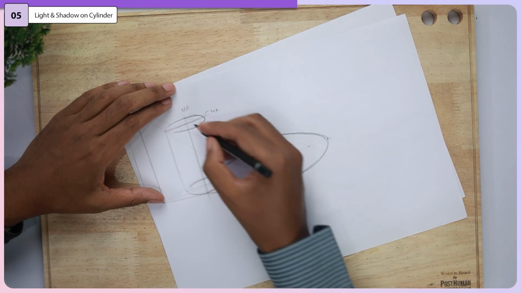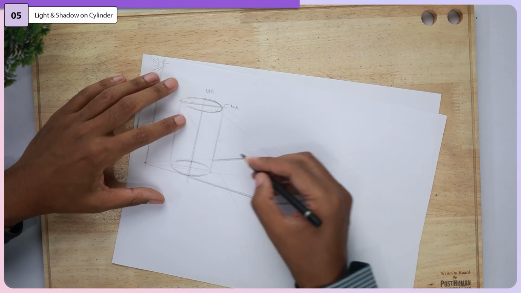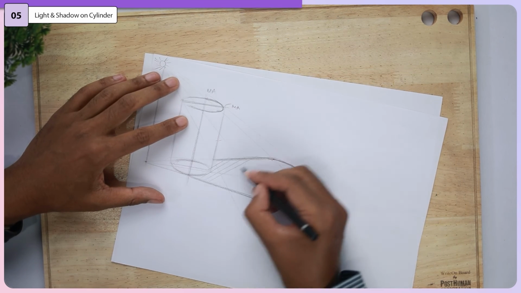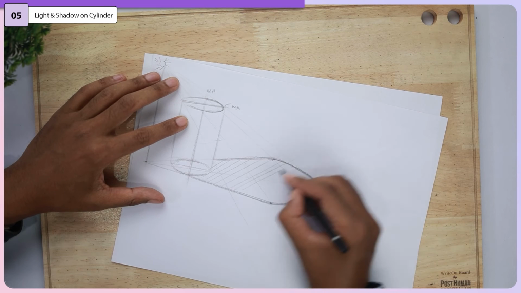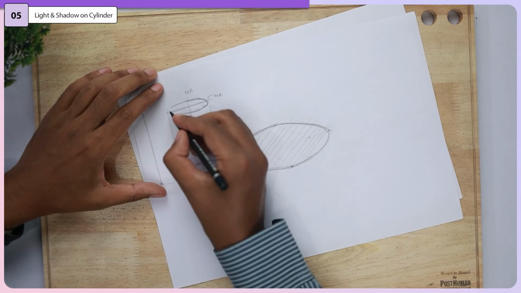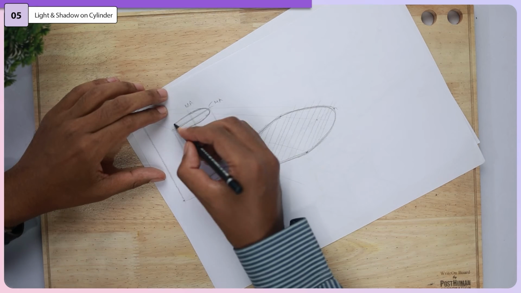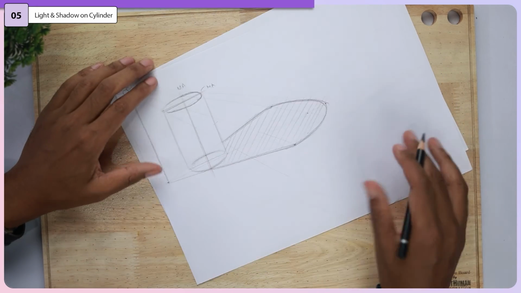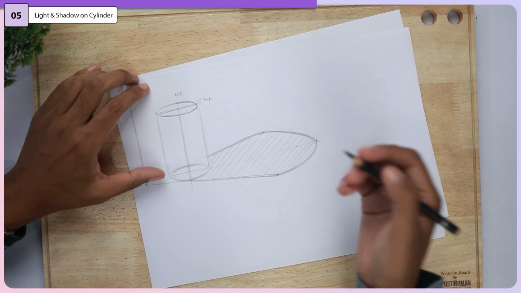So that is the shadow being created here. I'll just highlight it again with cross hatching. So this is how you construct a shadow of a cylindrical object.